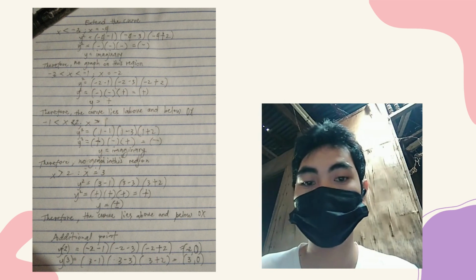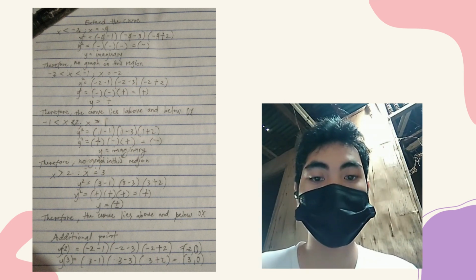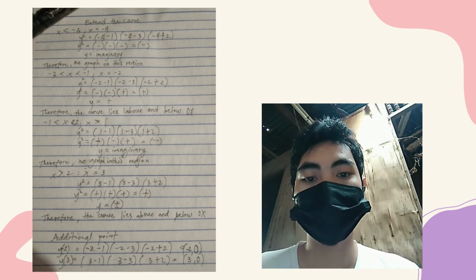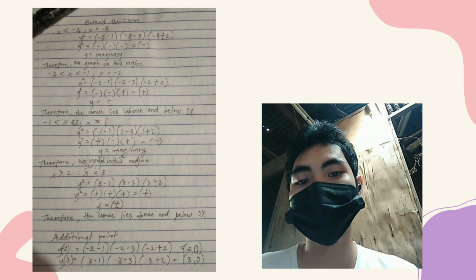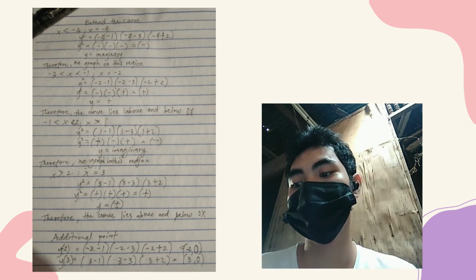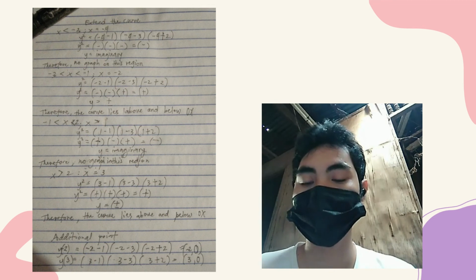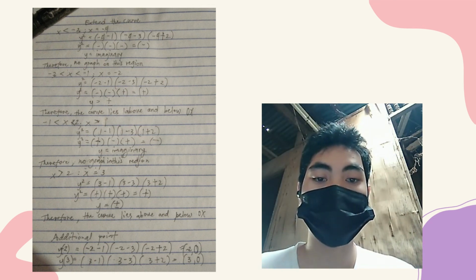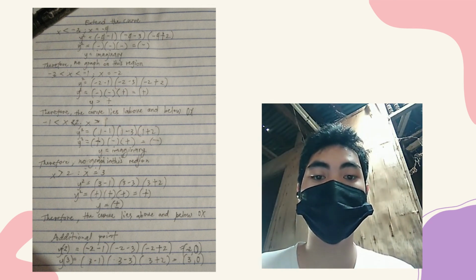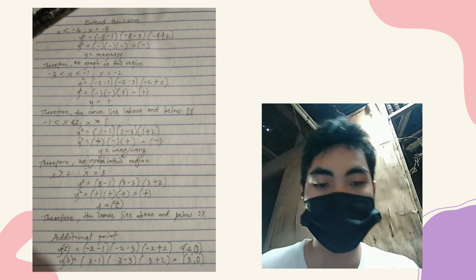And we will substitute the positive 3, which is our x, into the equation. So y squared is equal to the quantity of 3 minus 1 times the quantity of 3 minus 3 times the quantity of 3 plus 2,